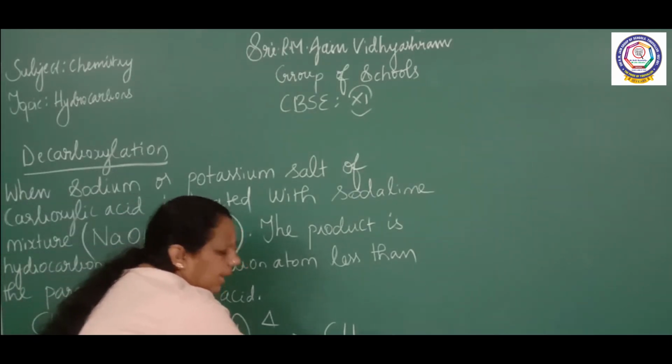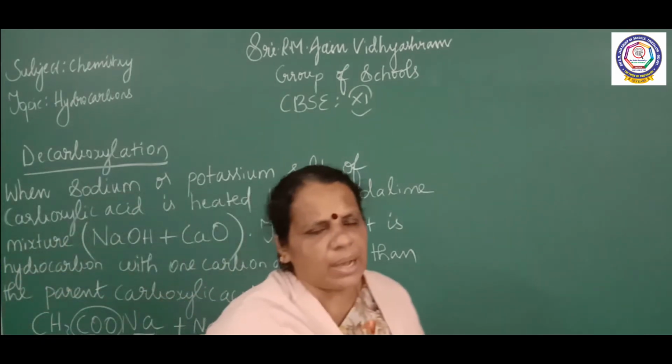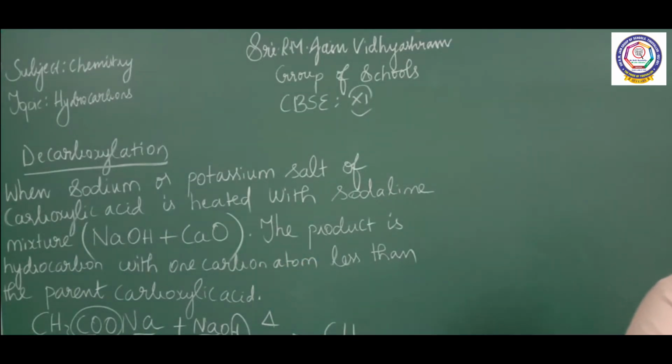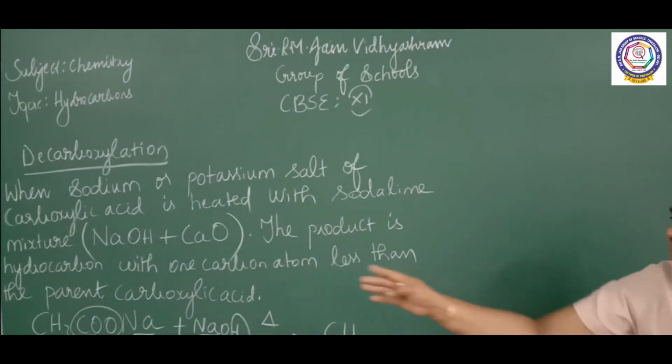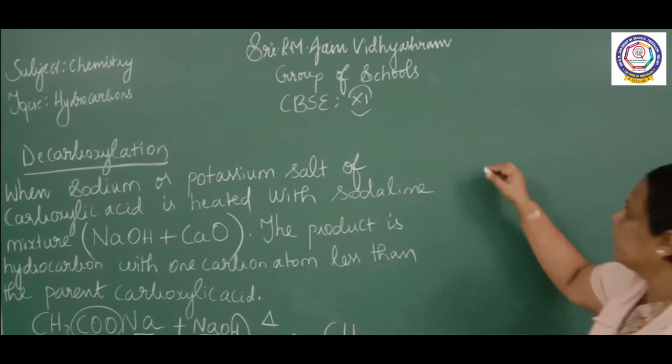So usually when sodium or potassium salts undergo decarboxylation, the product I get will have 1 carbon atom less than the parent. So there are 2 carbon atoms. When I get the product methane which has got 1 carbon atom less than the parent, so I will have only 1 carbon atom here. That is the condition. The next one we are going to talk about